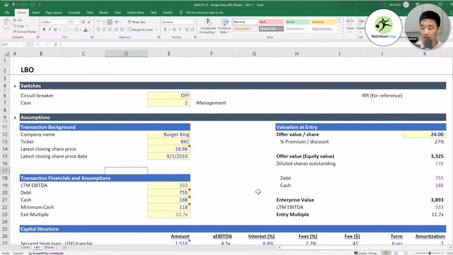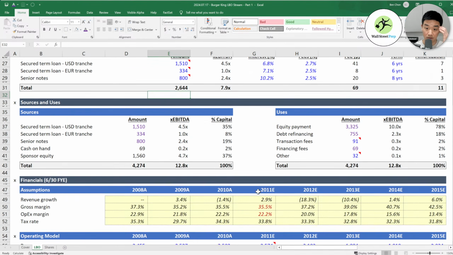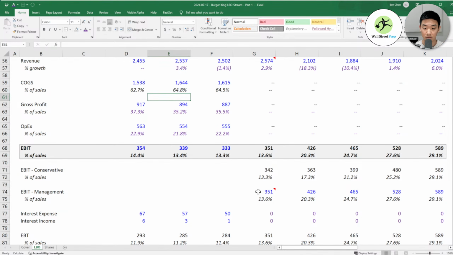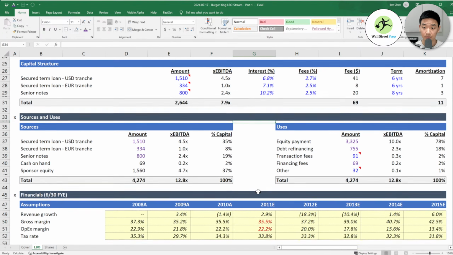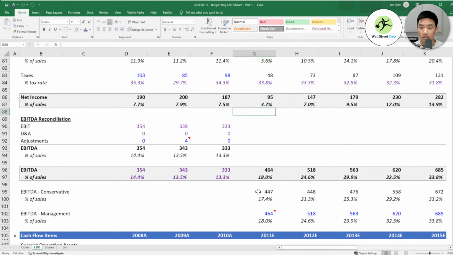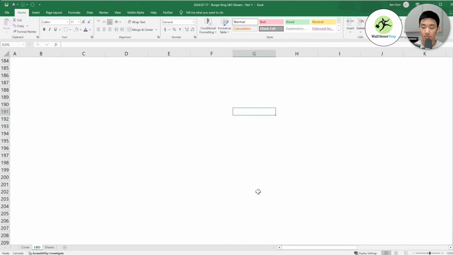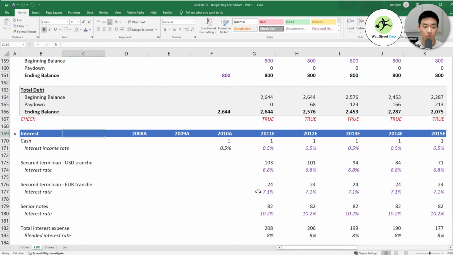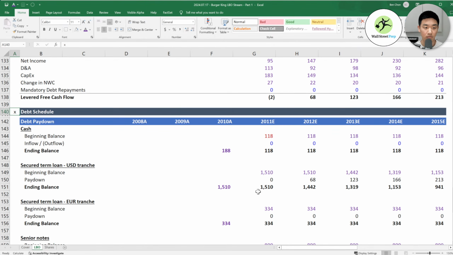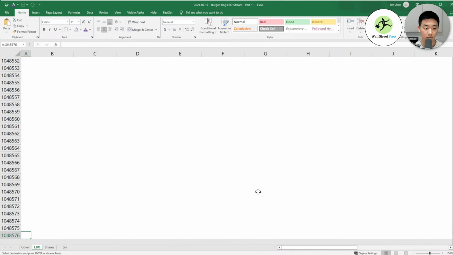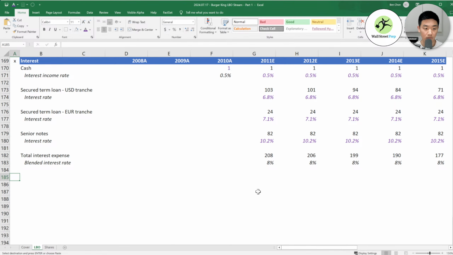But if I turn on the circularity thing, everything's fixed, and then I just turn it back off. So that's what that is. But now let's get to our IRR calculation, and then we're done.